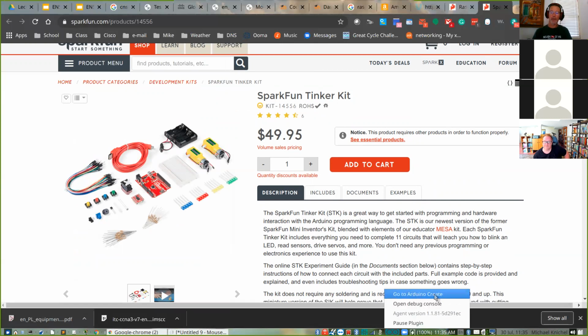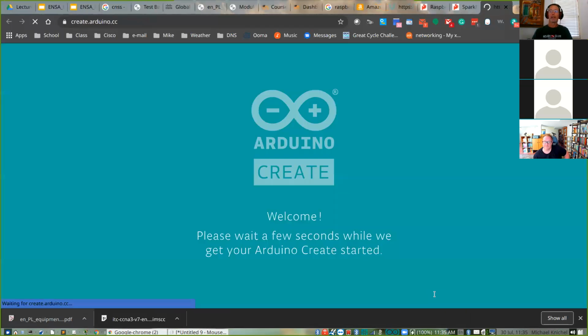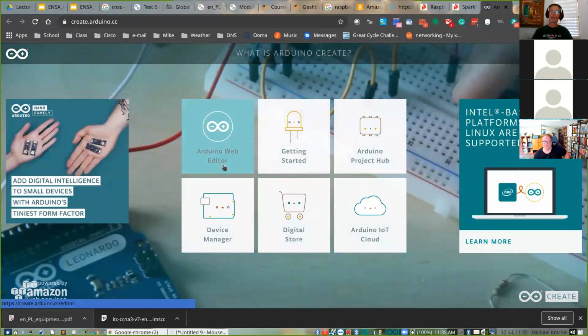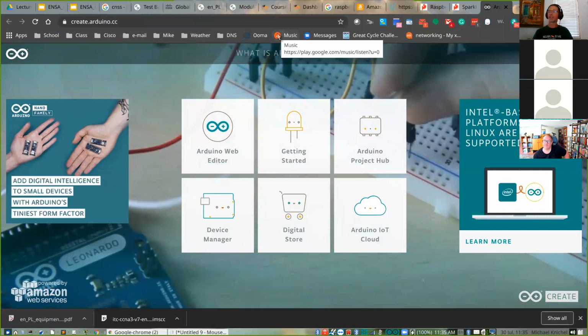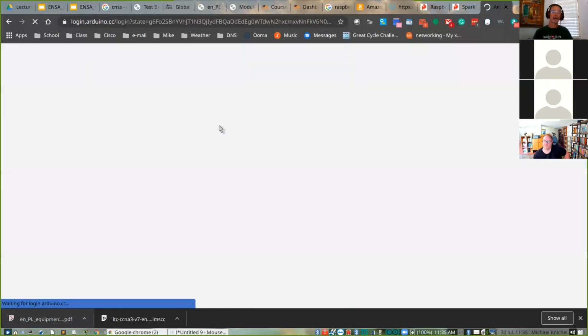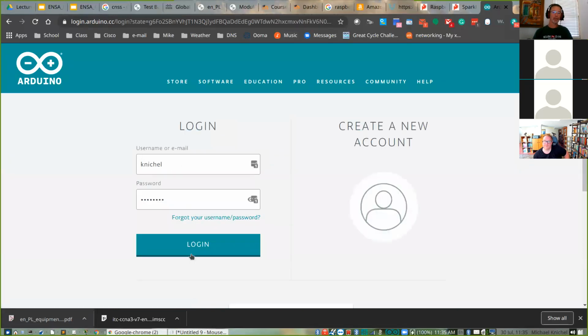And on the laptop, there's an extension here. You can see I can go to Arduino Create. You can create this now on the web. So as long as you can download the extension, which interfaces between your device and the Arduino, it doesn't matter what device. So this is Arduino on the web. I open it up and I've created an account.